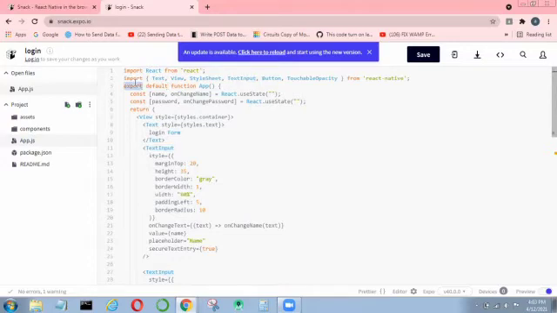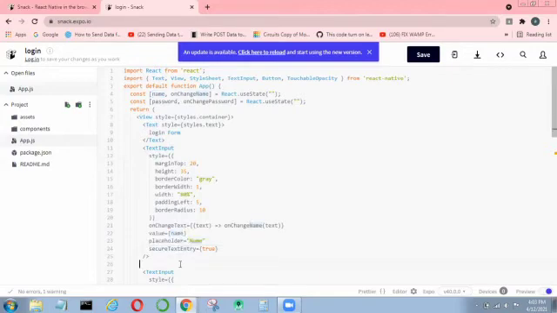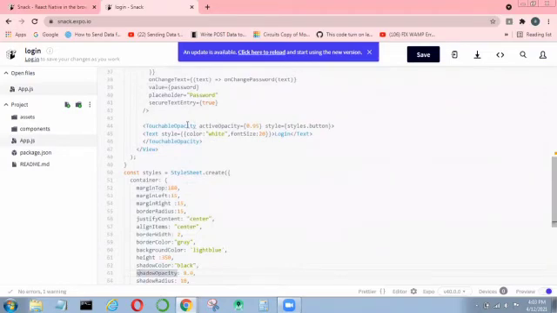Export is used to create a JS module to export an object. Then it returns all the forms. Text tag is used to display the text in the code. TextInput is used to display the name field in the form. Next, secureTextEntry is used to hide the value in the field. We use it for input text. TouchableOpacity is used to handle text based input.